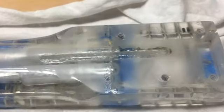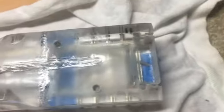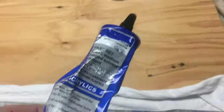So the spline that was in here, like that, has been cut down and filed down to dimensions and then sanded. So we got a whole bunch of area that's kind of scratched up now from the sanding. Basically putting in a little bit more of the Weld-On 16 cement as a gap filler so we won't see any gaps. Same thing here. Basically it was this piece. And on the side here,